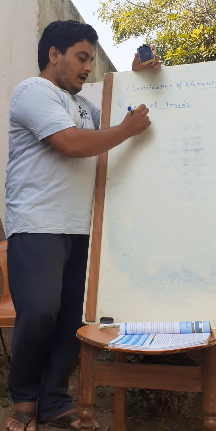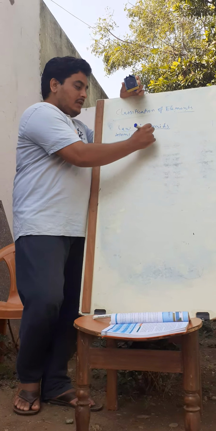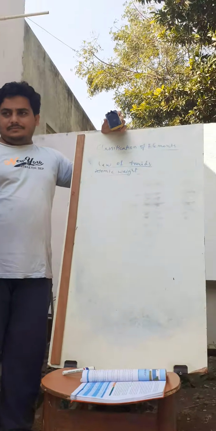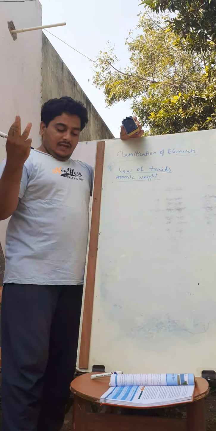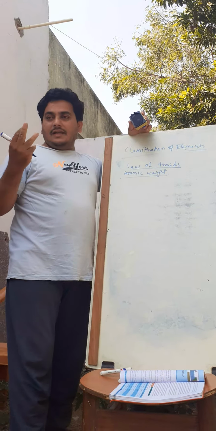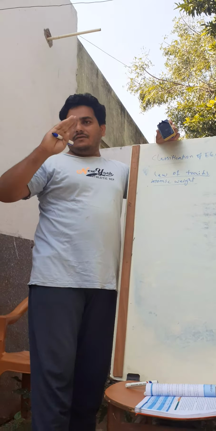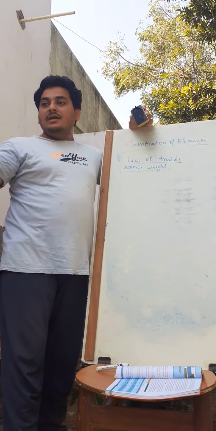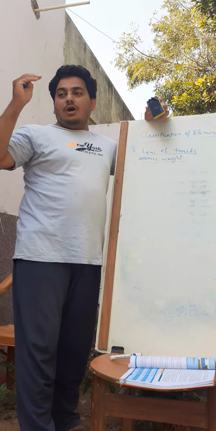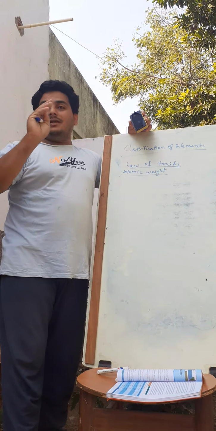He has taken 3 elements, and what he said is, whenever you are taking 3 similar elements, take the first and the last element. What are the first and the last elements in the 3 elements? Their arithmetic mean will give the atomic weight of the middlemost element, he said.